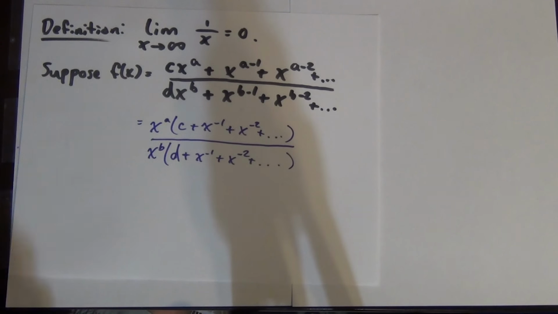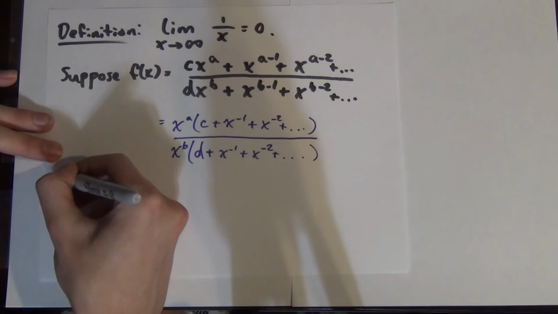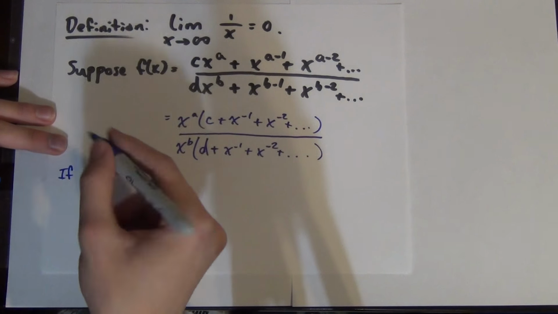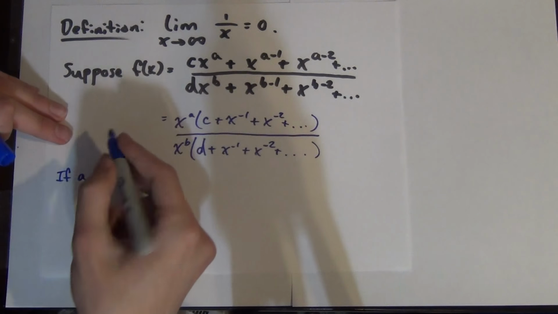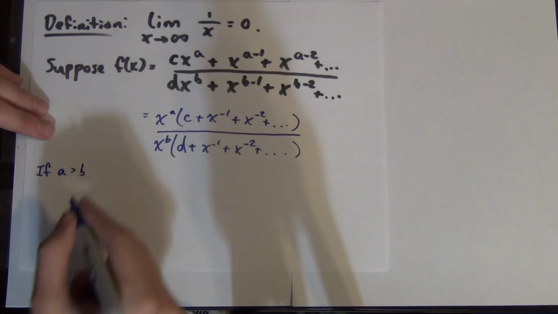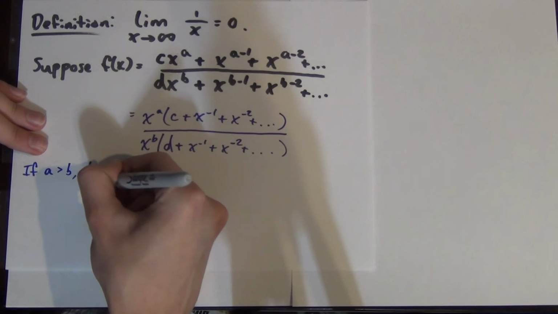Okay, so with this little trick in mind, I could come up with a set of rules that describe horizontal asymptotes. So 3 situations can happen. The first situation is if a, this exponent in front of the numerator of x, is greater than b. So if that's the case, and I wanted to find this limit at infinity,